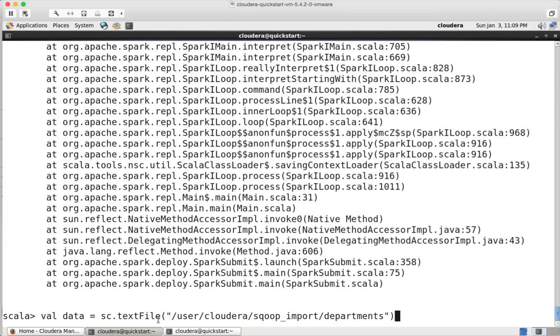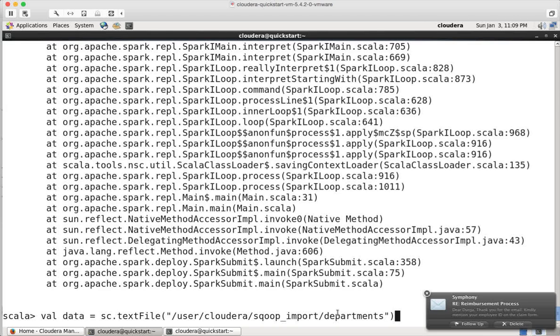And now it will create an RDD, which stands for Resilient Distributed Dataset. I have covered that in a separate video, which means that whatever is in the file will be loaded into memory in the form of a distributed collection. So as the name suggests, resilient means even if one of the collections is unavailable, it can be rebuilt on some other node, and that's why it is called resilient, which means fault tolerant. Distributed dataset means